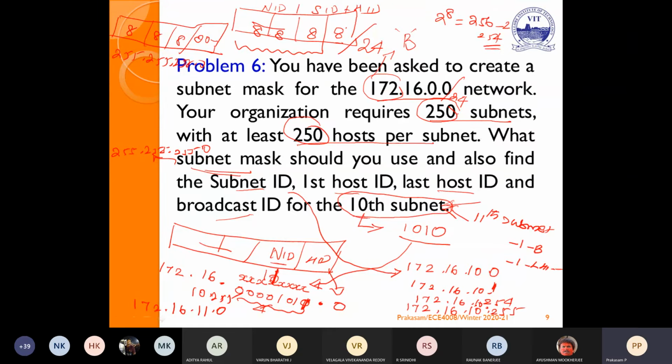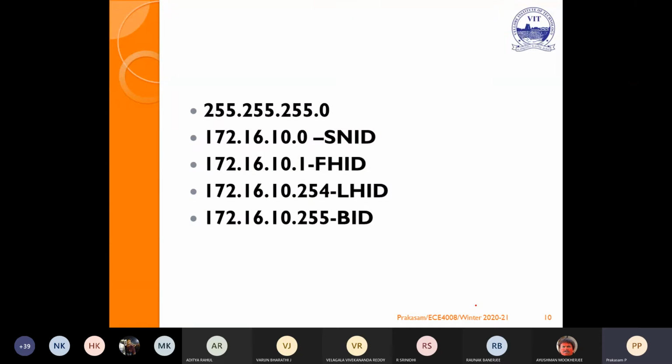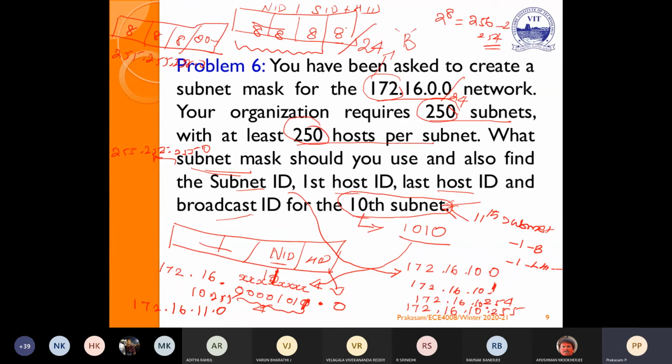Okay. We will see one more problem with the same IP address with a different subnet. Then easily you can understand. Excuse me, sir. So I had a bit of a confusion. Sir, which would be the first subnet in this case? 1.0. Sir, since you're using an 8-bit subnet mask, 172.16.0.0 is the network for the main network, right, sir? Yeah. So then, wouldn't we have 255 addresses which are unused?